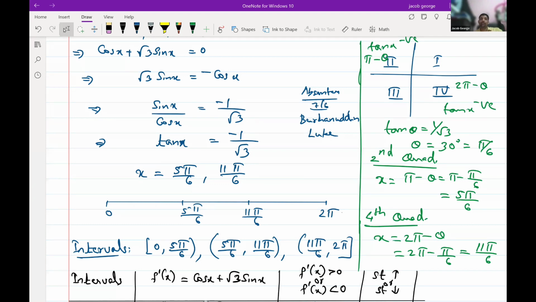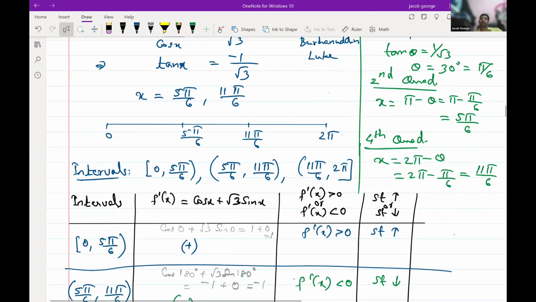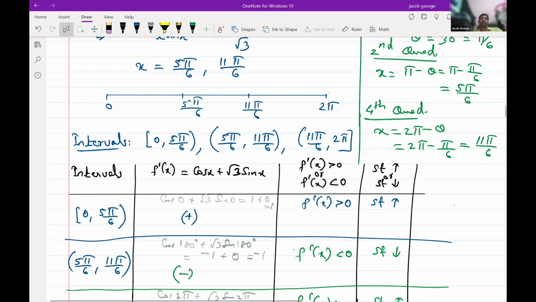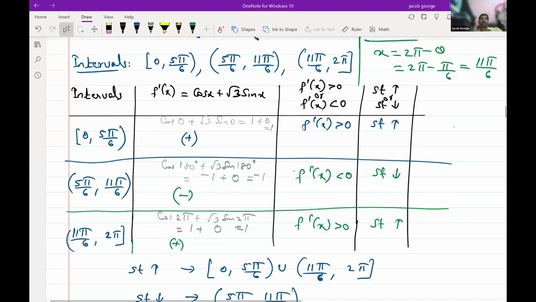Then 0 to 2 pi, we have to break this into the intervals like this. 0 to pi by 6, 0 is included there, so closed interval. Then pi by 6 and 11 pi by 6 are excluded. So 5 pi by 6 to 11 pi by 6, then 11 pi by 6 to 2 pi. Then we substitute these intervals in f dash x,